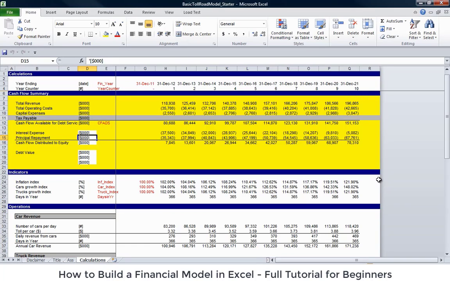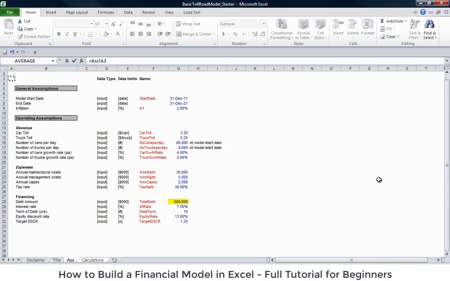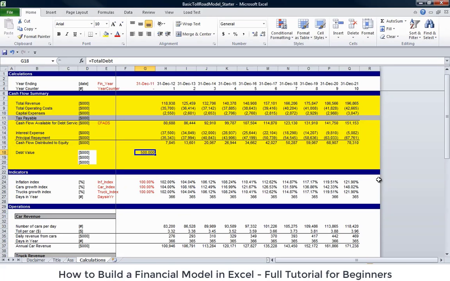Okay. And we know that our debt value is simply going to be equal to the debt amount. Now, we're not saying that the 500 million is the debt amount. We're just putting in a placeholder for the moment. We can go enter. And we know that the equity value is going to equal